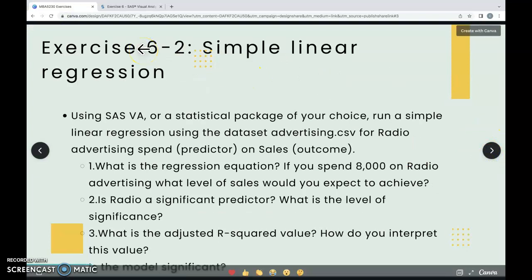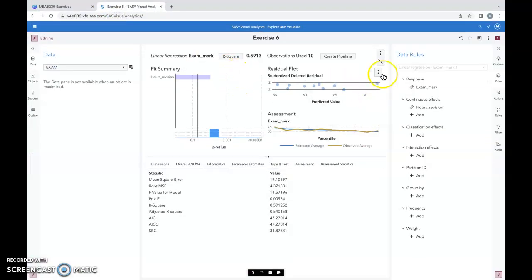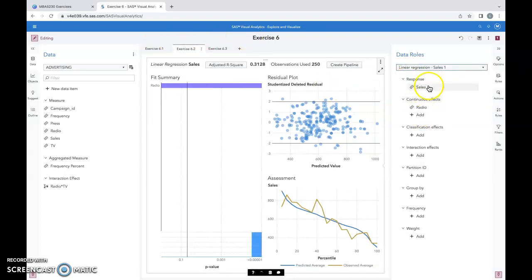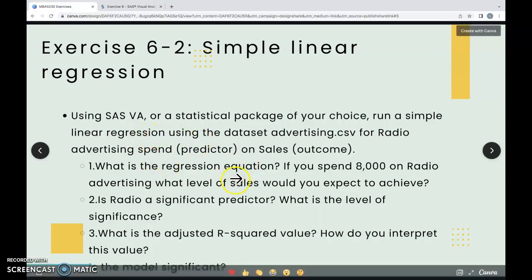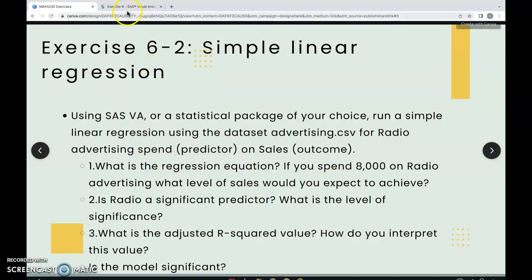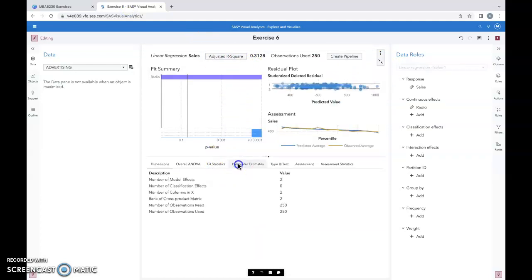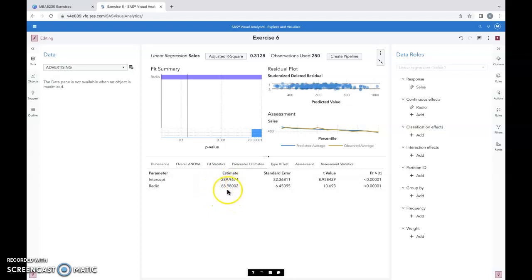Moving on to exercise 6.2, a simple linear regression. So coming over, we can see that in 6.2 we have already created sales as the response and radio as a continuous effect. And it is asking us, what is the regression equation? So first, we're going to maximize parameter estimates. So the regression equation would be sales equals 68.98 times number of radios plus